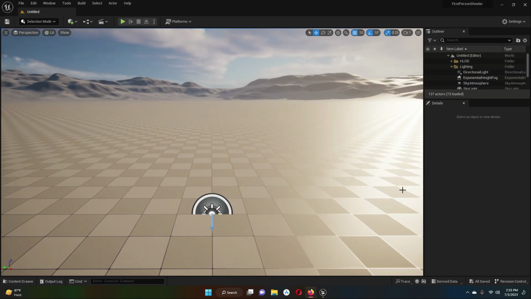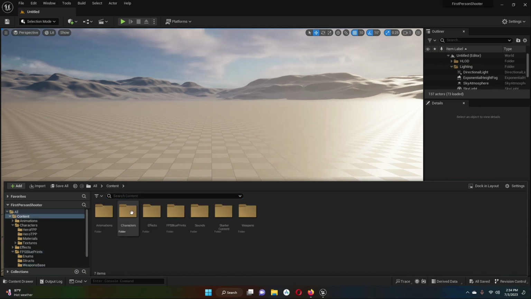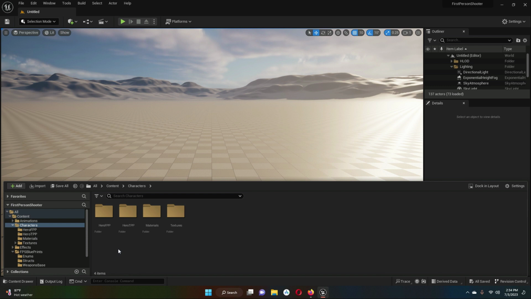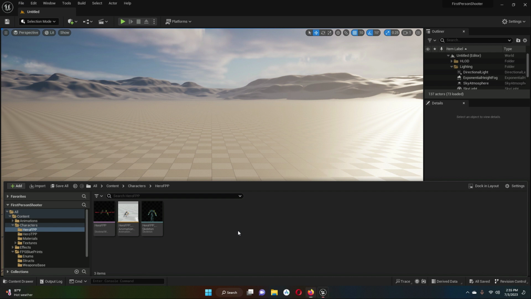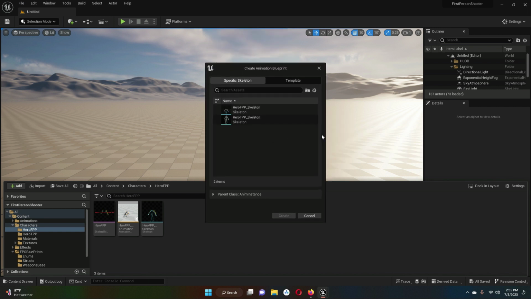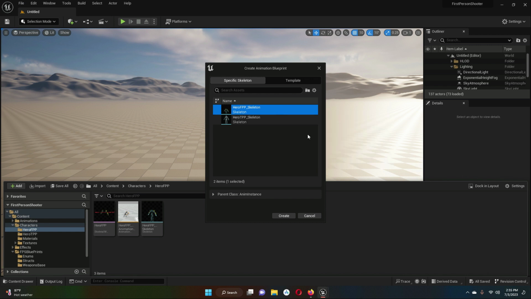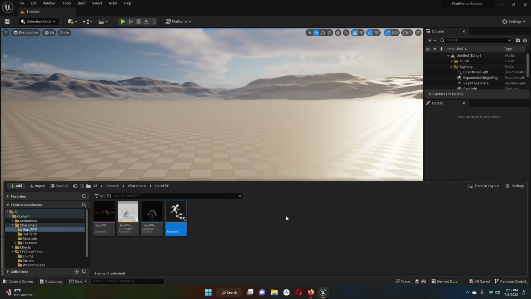And now here, go to the content drawer and inside the characters, hero FPP. Now inside the hero FPP, right click here and then animation, and we have animation blueprint, and we are going to do it for the hero FPP skeleton. Select this and then click create, and let's give it the name FPS arms